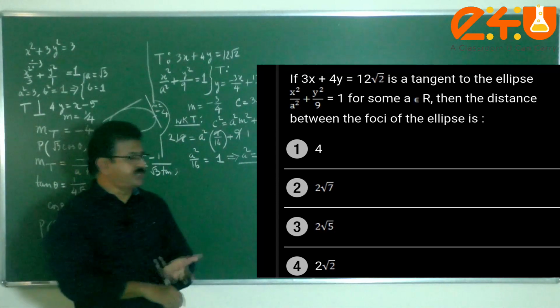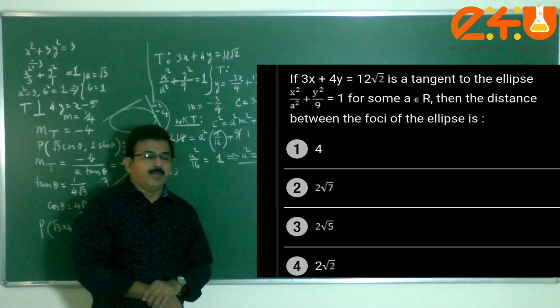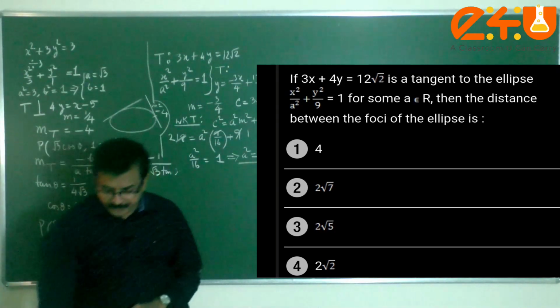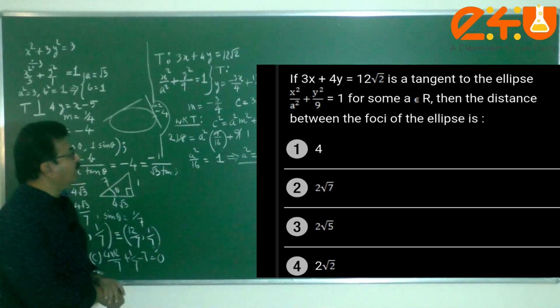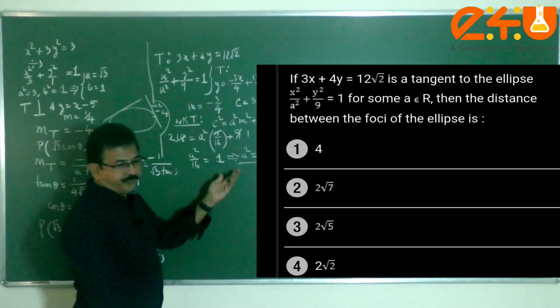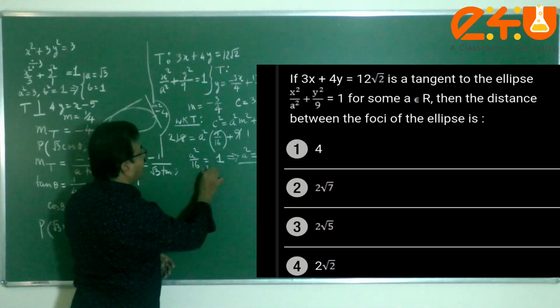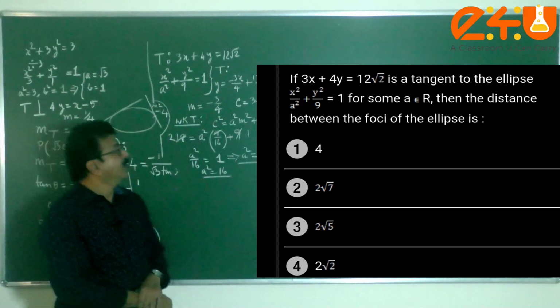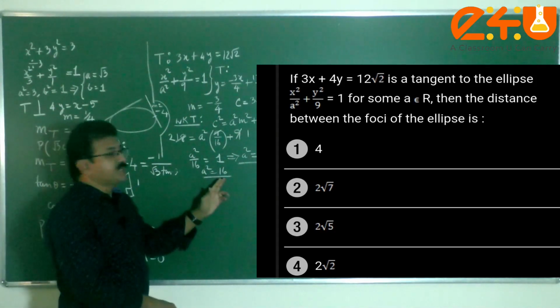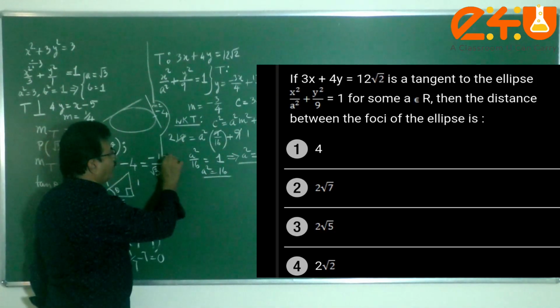a square is 16. The very next moment you will be in a position to get the value of the distance between the foci, and the a square value is 16. I hope it's all visible to the students. So a squared is equal to 16. Therefore,